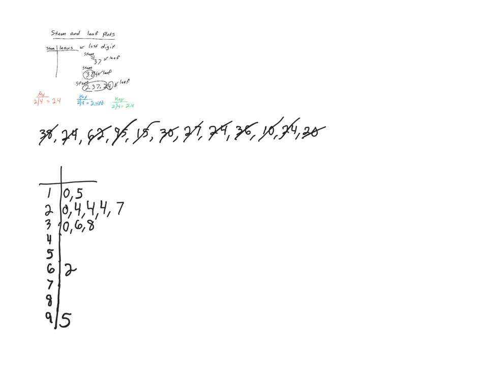If these were ages and they wanted to know how many people were in their 20s, it'd be real easy to tell. So 1, 2, 3, 4, 5 people right here on that 2 stem would be in their 20s, as opposed to going through a data set. And this one's not terribly big, it's only 12 numbers, but if you've got a data set of 25 numbers, or if you're going into a job where you're actually dealing with sets of numbers and analyzing them, you may have hundreds or even thousands of sets of numbers that you're having to represent, and having some sort of organizational